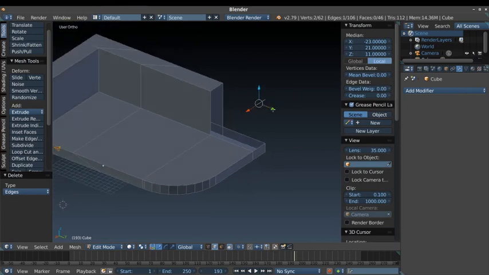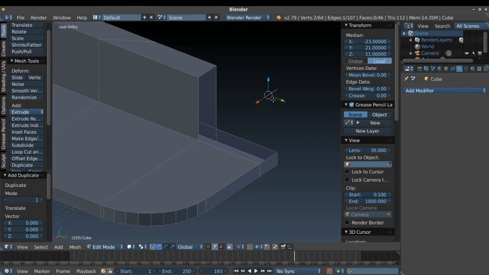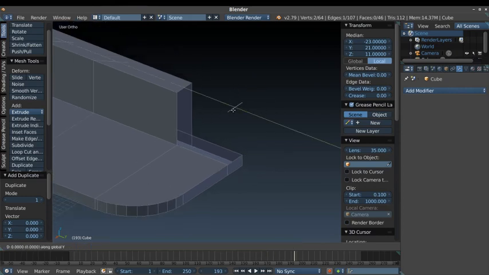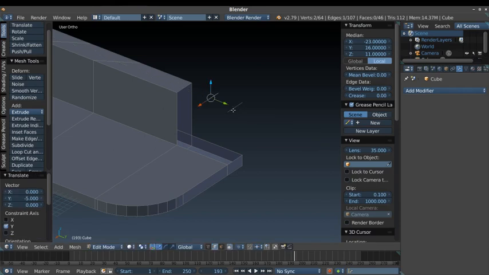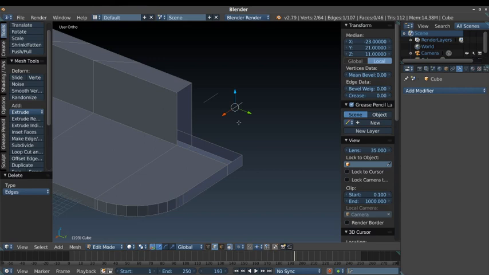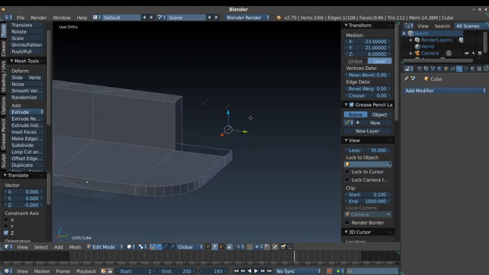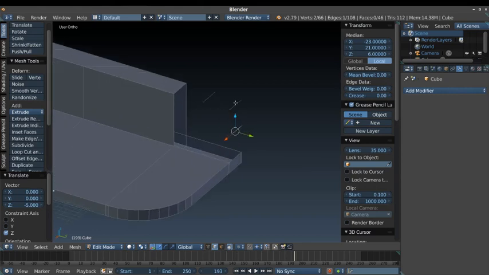We choose it. I press Shift D for duplicate. Press Escape, and now the duplicate is over the original edge. Then G, Y, minus 5, Enter. Then select this edge again and duplicate it again by typing Shift D, Escape, G, Y, minus 4, Enter. And then we can see we have 3 edges. We choose this edge again and X